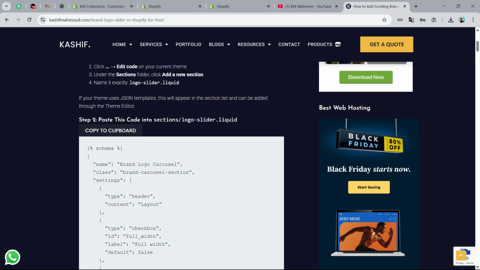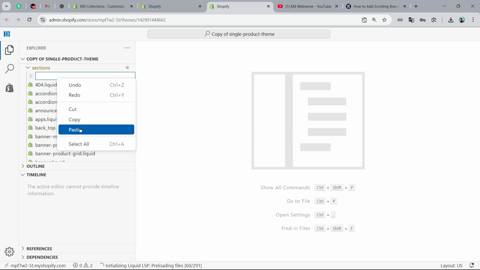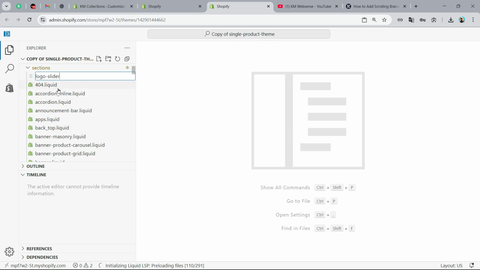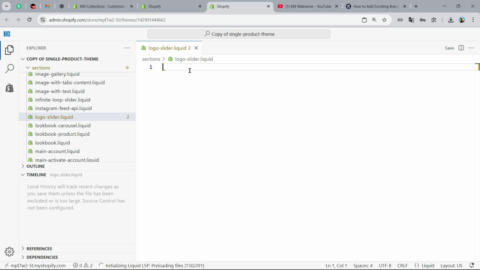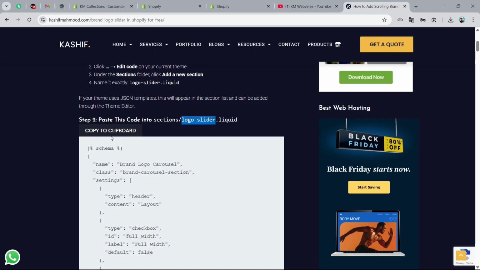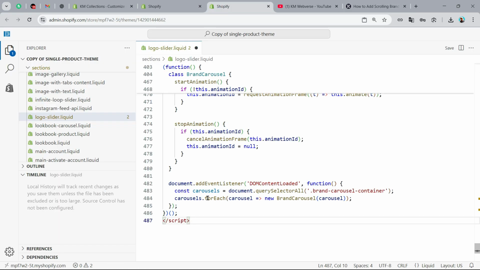You can go to the article, and here is the name that you have to use, logo hyphen slider. And here for the new file, just enter the name, and then you will have to write dot liquid. So here is the name. I can just press enter, and the file will be created, and now we can add the code. So we can go and click on this copy to clipboard button. So here we can paste the code, and now we can click on save,